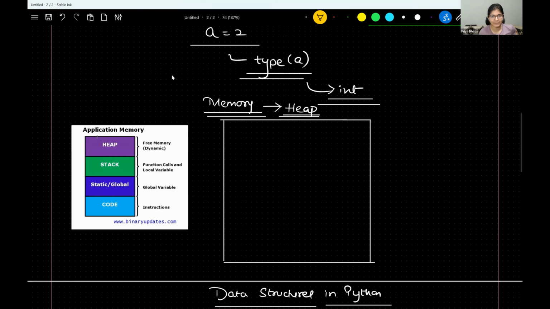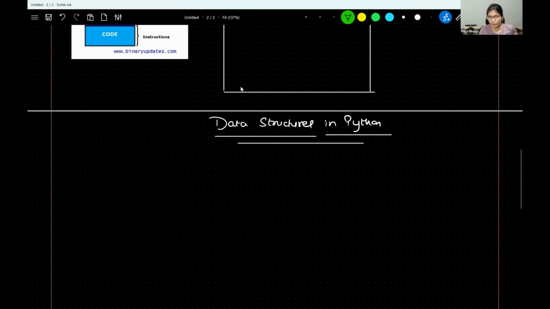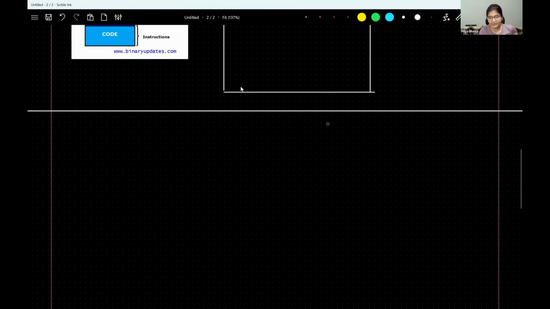Heap is the free memory, which is what we call dynamic memory. And in Python, whatever work we are doing usually happens in this heap memory allocation. So why is that so? Because of its property. So let me just write it over here. Always remember, Python programming language specifically works with dynamic